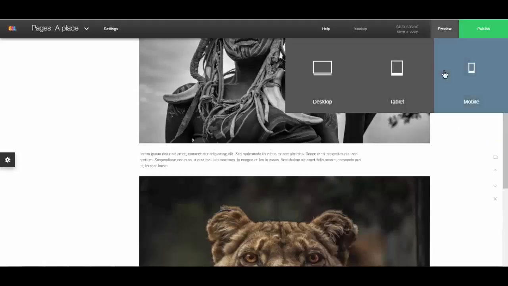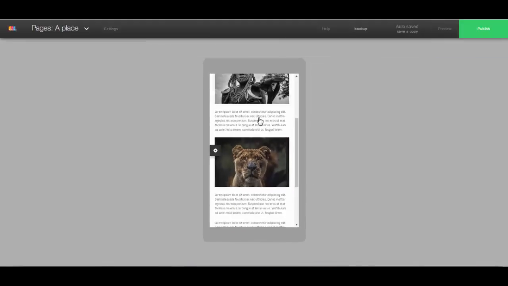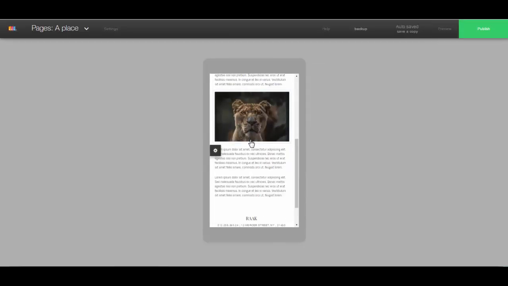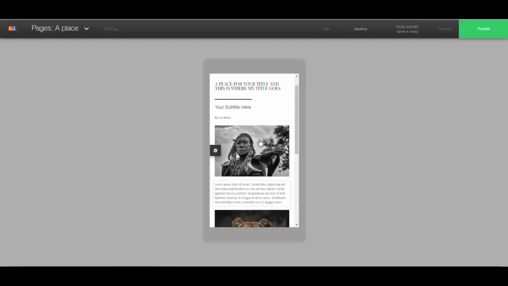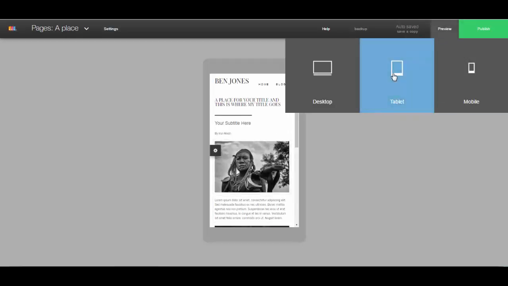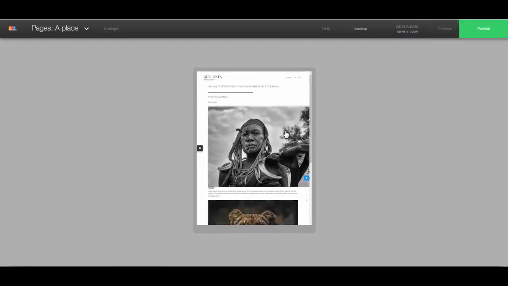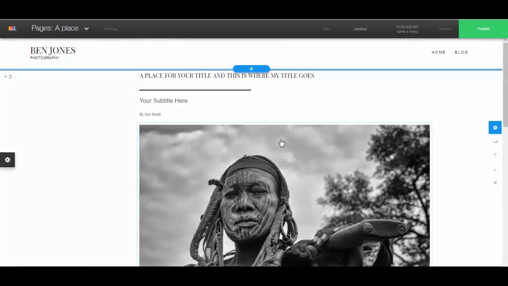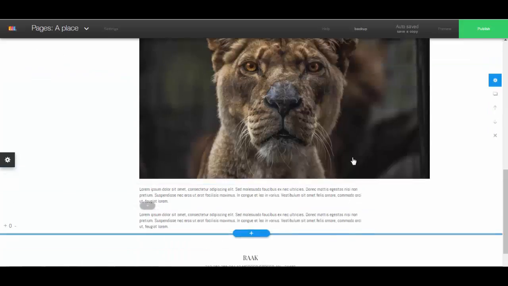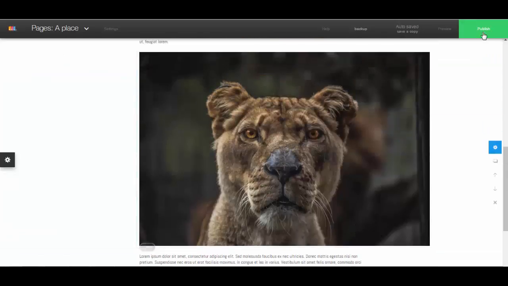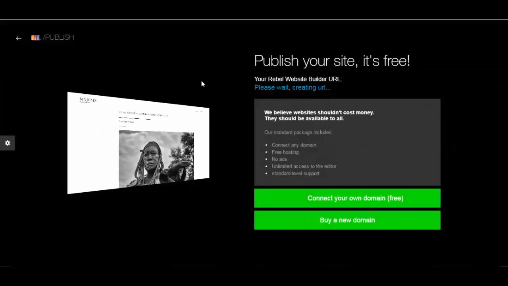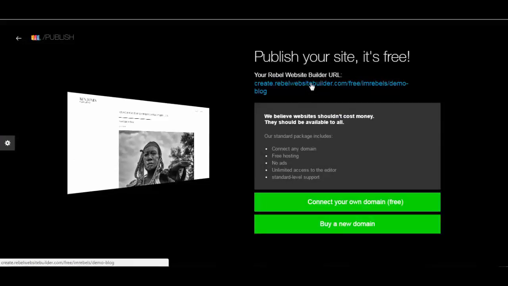Go ahead and preview it on mobile to make sure everything still looks okay and looking how you want it, because these days a lot of people are surfing on mobile, so it's important to go ahead and check your site on all of the different ways that people are going to land on it. Then make sure after you have finished writing your blog post, you go back up to publish and update the temp URL. And if you want to view it,